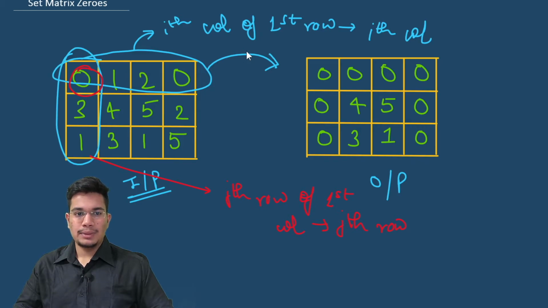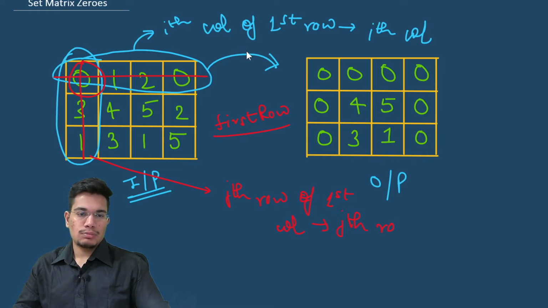For example, this cell will be representing this row as well as this column, and we cannot use one value to do both things. So what we do for that is we let this represent only one thing, for example either the column or the row. In my implementation, I'll make this cell represent this entire column, and the information for this row I'll be storing in another variable, let's say first row. That is going to be a boolean, and it will store true or false, whether I have to change this row to 0 or not. And storing a variable is again constant space only, so we are still doing it in constant space.